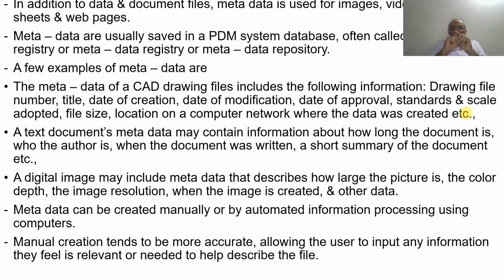The moment we see a drawing sheet, in the bottom right corner we see a particular nameplate, which you might have observed in machine drawing, when we have the part drawings of an individual car and all the parts are included in one particular sheet. In that nameplate they give all this information about the file creation, date of modification, date of approval and the standards and scale adopted.